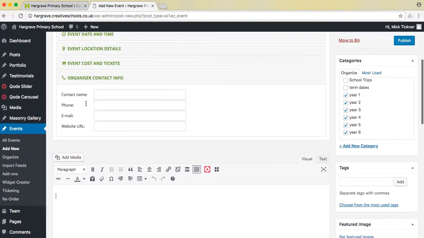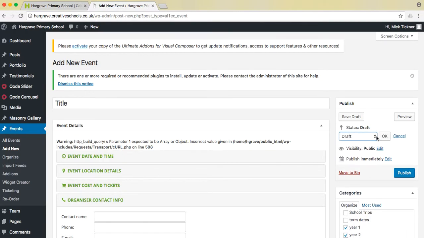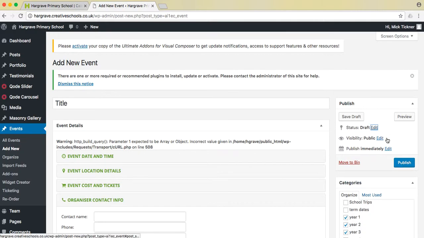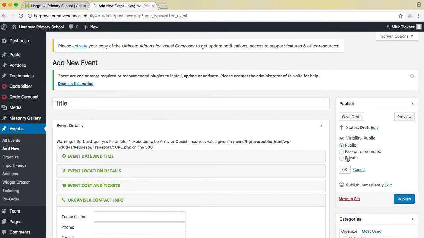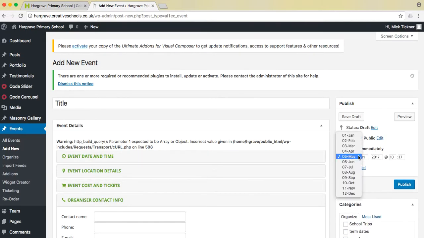So when you've filled out those, you're ready to publish, and like the news stories, you can set it to a draft. Once it's published, you can set it back to being a draft. There's no point in having password protected and private used on your site, because we want everything to be public. And you can either publish it immediately or set it to be published in the future, or for whatever reason,